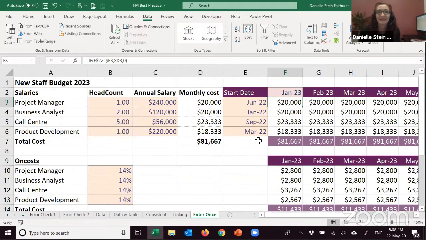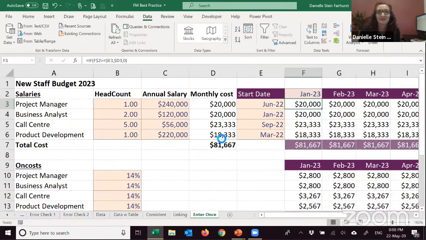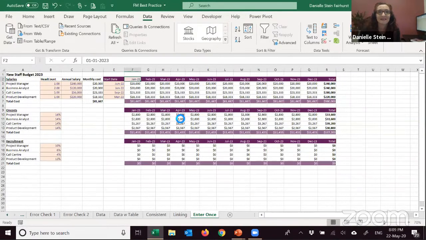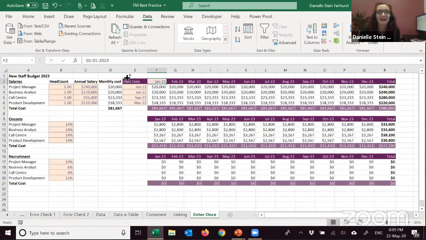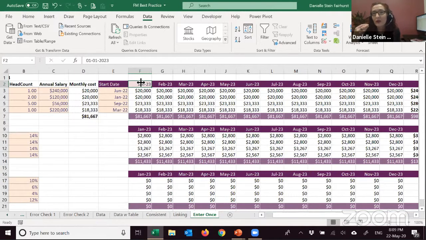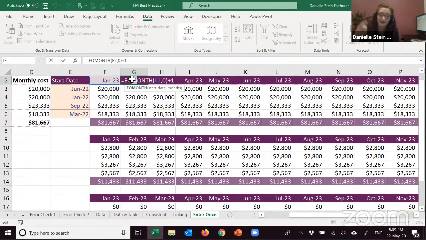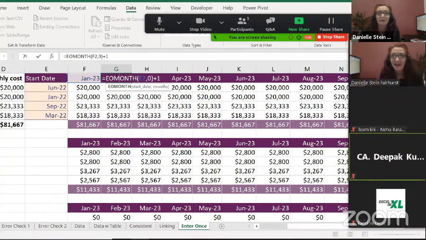So let's say here you've got a staff budget that looks like that. You've got your start dates here, that's your date there. And let's say a good way of building a model, particularly with the dates, is you have a start date here and you have everything rolling forward. So this one I've used, if you can see that, depending on how big your screen is, that is using an EOMONTH formula.